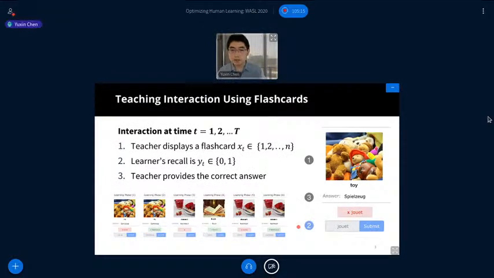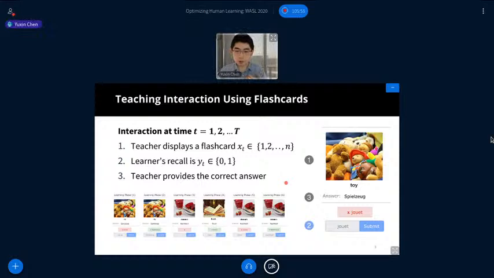Here's a sneak peek of the system that we are deriving. There's a small lab in this project. We basically want to have an online teaching system personalized to human learning, which adaptively interacts with the human user in the following protocol. Imagine that we're trying to learn a foreign language by flashcards. In this case, we want to learn German by looking at a sequence of pictures of words, and we show the English translation of the word, and the user gets a chance to perceive what this word means and how to relate that to a practical object.